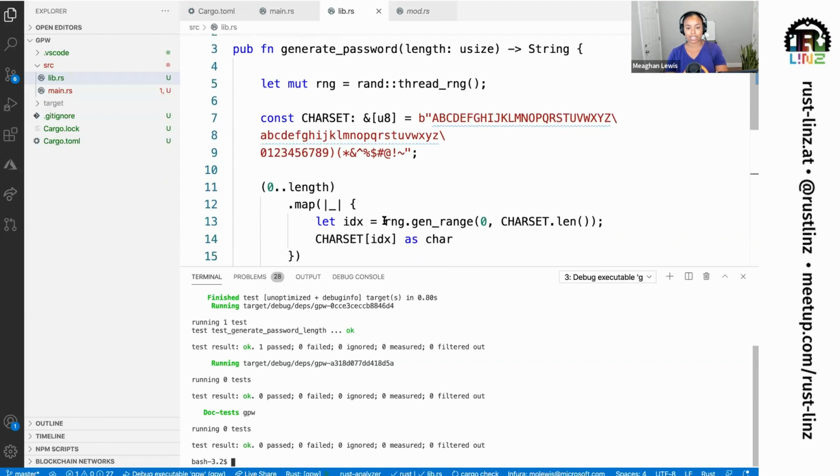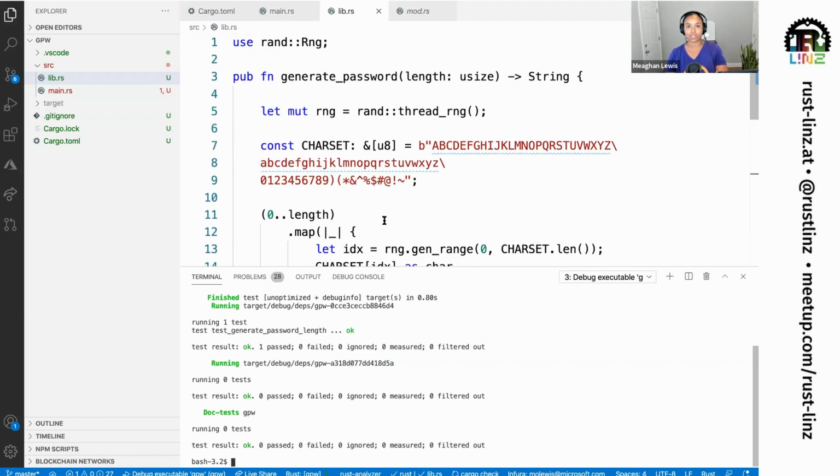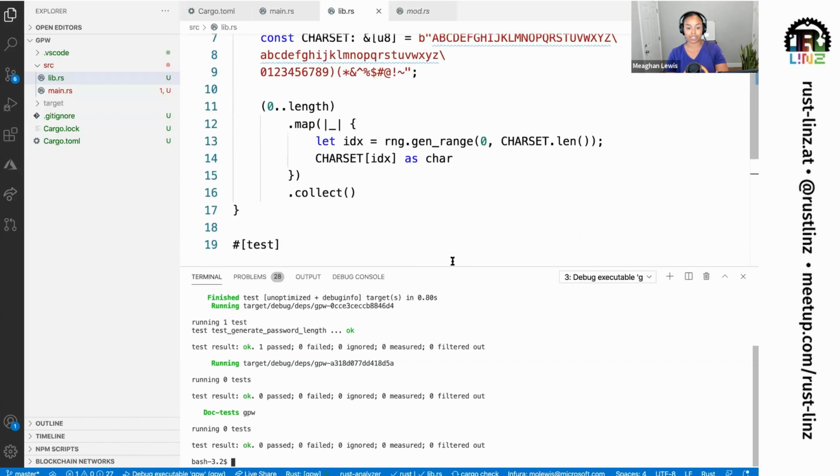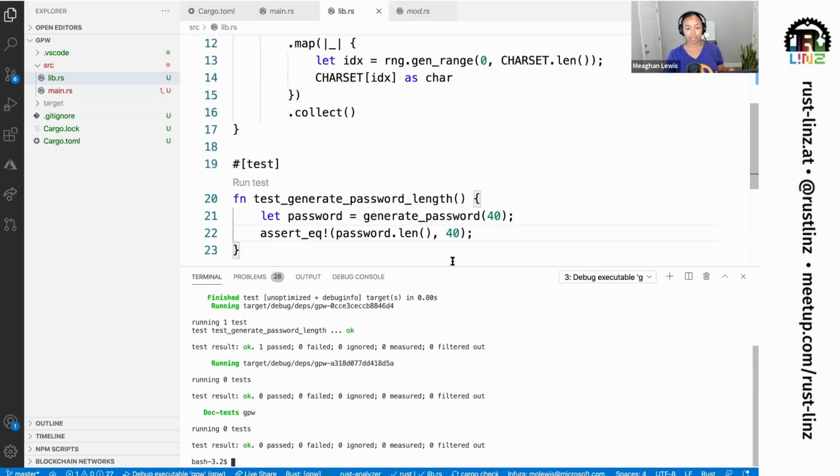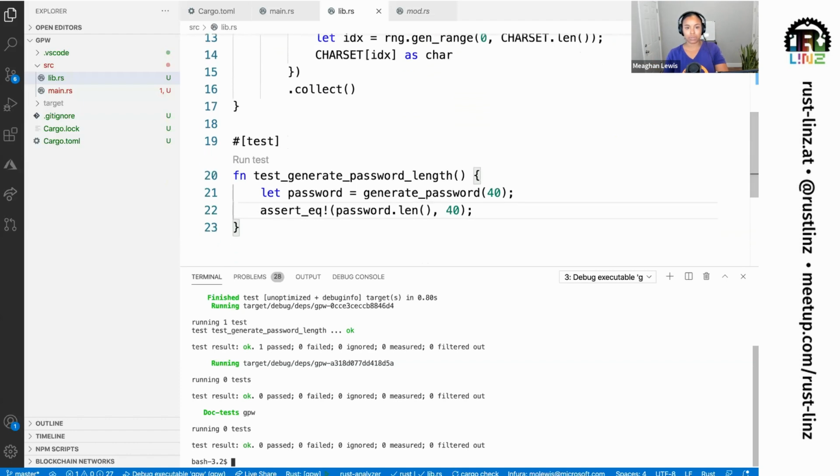I think it also encourages folks to keep their documentation up to date, since it is a living part of your program. And when you actually compile the program, you'll know, like we see here, whether or not those tests are correct. All right, so we were able to run that test.